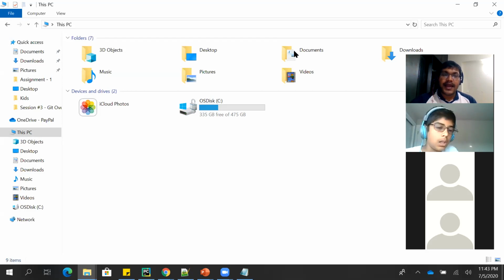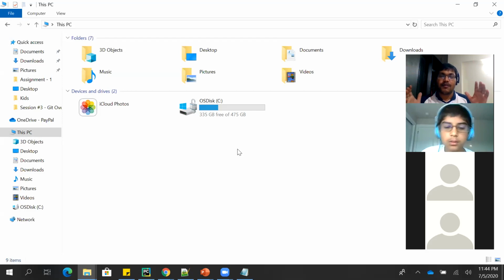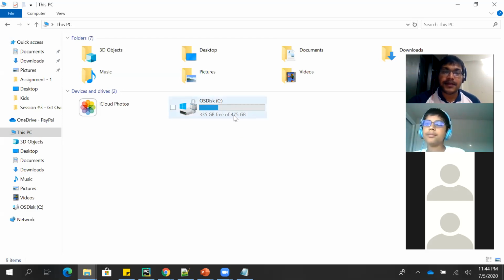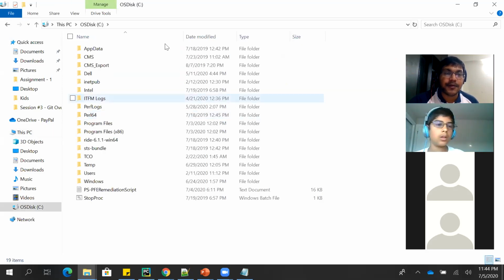But let's say I have to reinstall the operating system on this same laptop. What I need to do is format the laptop. Format means I will delete each and everything, so it will be a blank copy without anything. In that case, first of all the C drive gets deleted, because in the C drive,